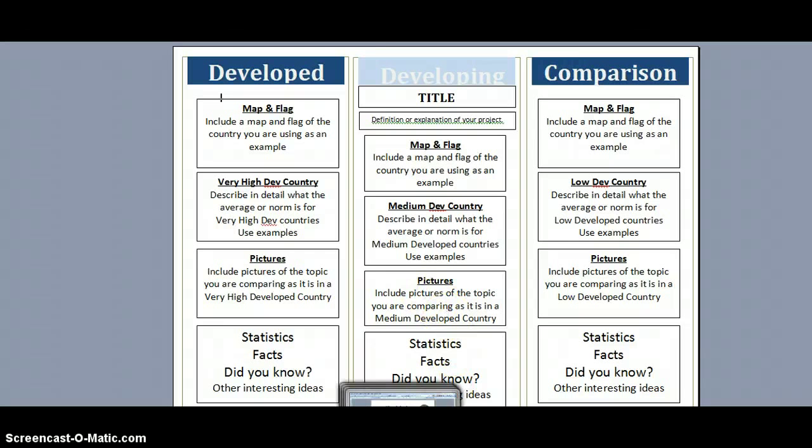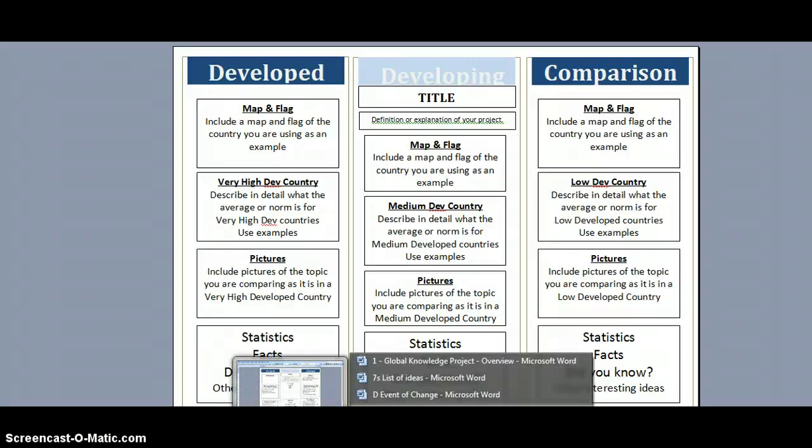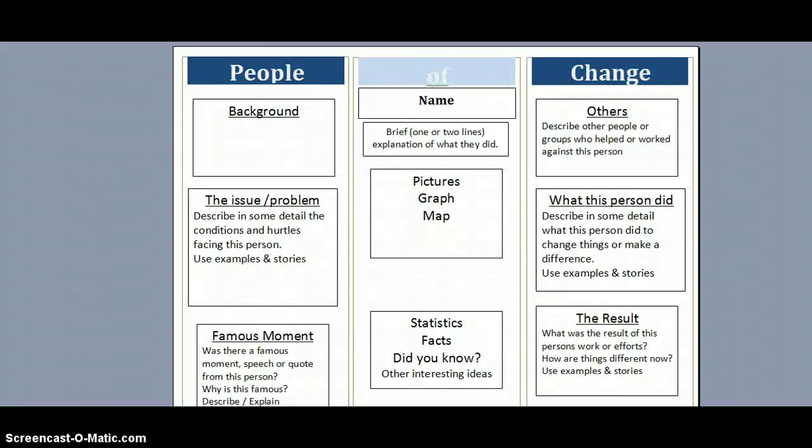So we're going to flip again to another template here. If you were choosing a person of change, okay, here's the template. You'd have a title up here. You could have a picture, a graph, a map of where they lived, some interesting statistics, a brief 1 or 2 line explanation of what they did, their background over here, the issues and the problems, what were the conditions and hurdles that were facing them, what were some famous moments, speech, a quote from this person,